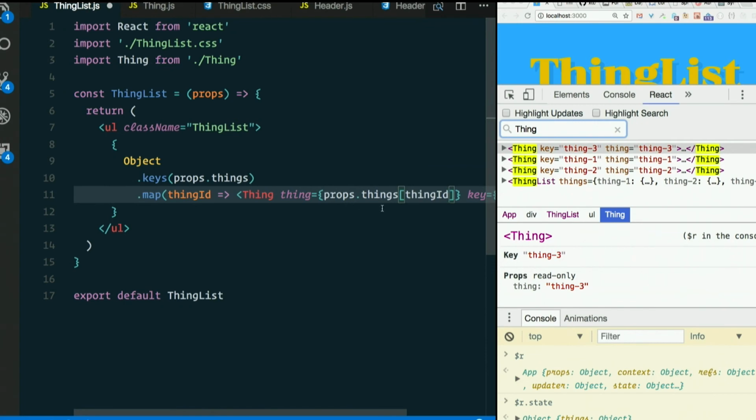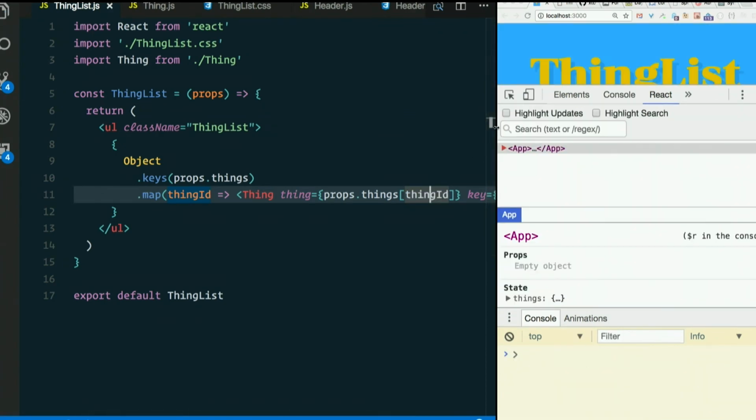Get it? So that's getting the item out of the object that's at that index. It's not an array, it's an object, right? But we know we can use the square brackets to get something at that position, just like we can use the dot. But we need to use square brackets here because we don't have the actual value thing1, thing2, thing3. We have that stored in a variable, thingID. So if we do that and save,